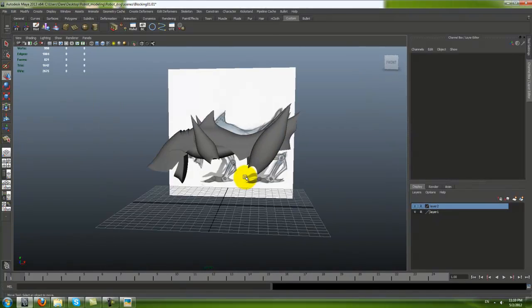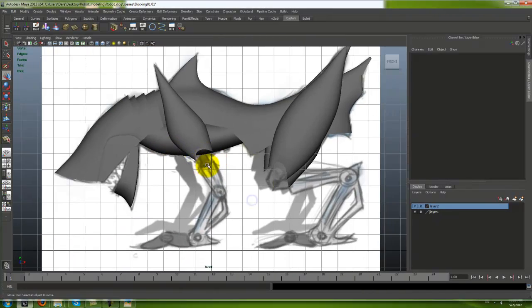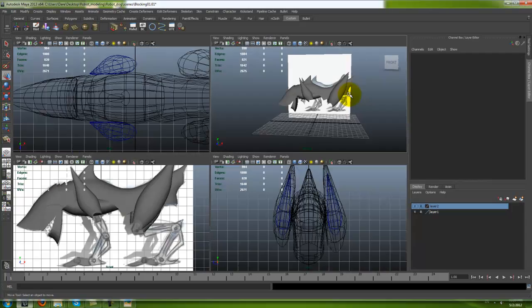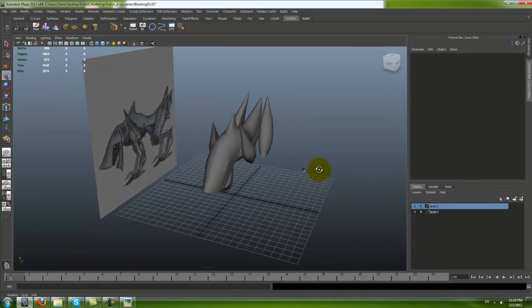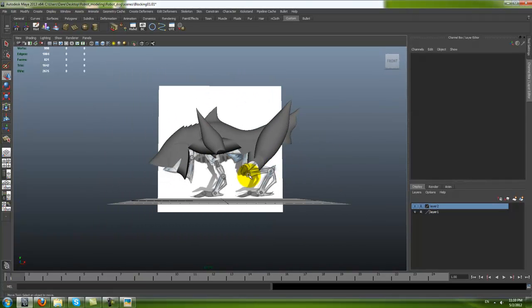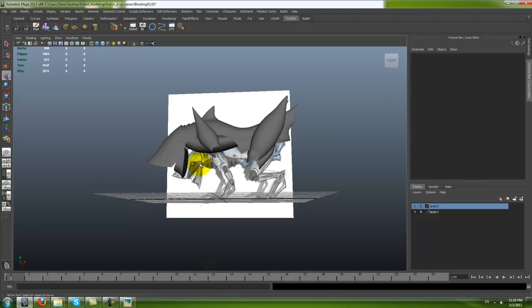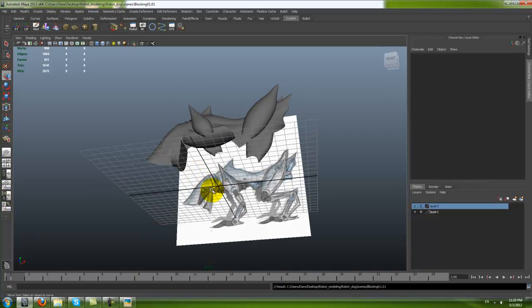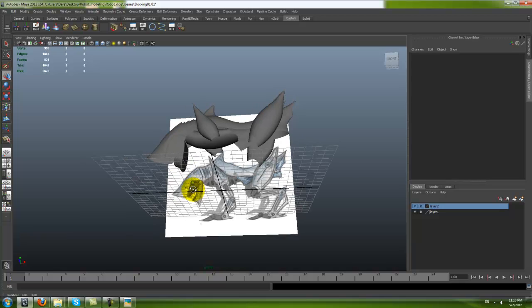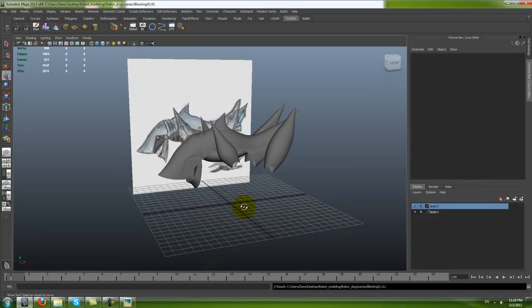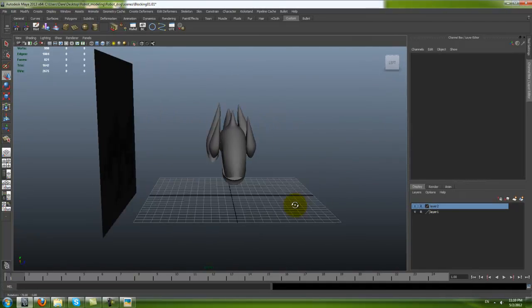So let's continue. Actually, I'm gonna end this part here, and in the next chapter we're gonna finish off the blocking and start modeling the detailed head. Yeah, I don't want the videos to be too long, so